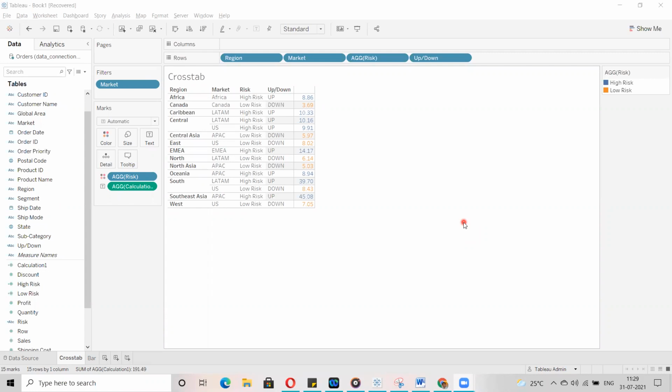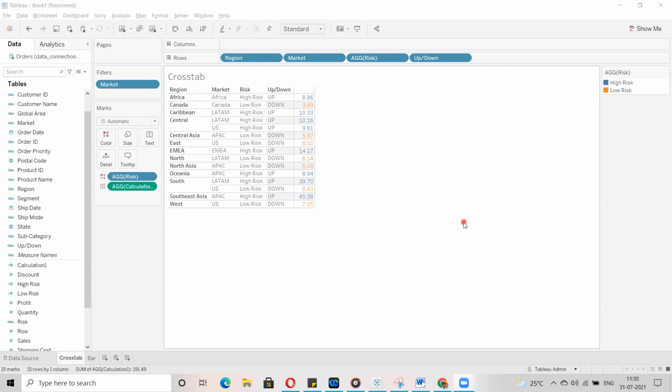Friends, in this session we are going to learn about permissions in Tableau Server. Before that, we have different kinds of permissions. The highest level is project level permissions. Next come group level permissions, and then workbook level permissions and view level permissions. These are the four different permission sets we have. In this session, we are going to learn about view level permissions.